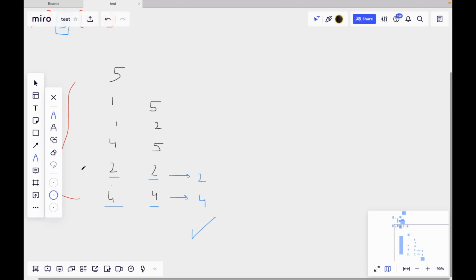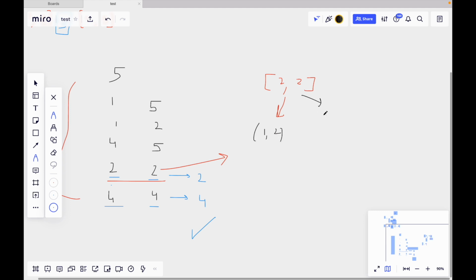Another observation which I made during the contest, suppose this is 2, 2. This is actually off question, but it's quite good to think like that. So 2, 2 can either be obtained from 1, 2, or it can be obtained from 2 and something else, which can be anything greater than 2.